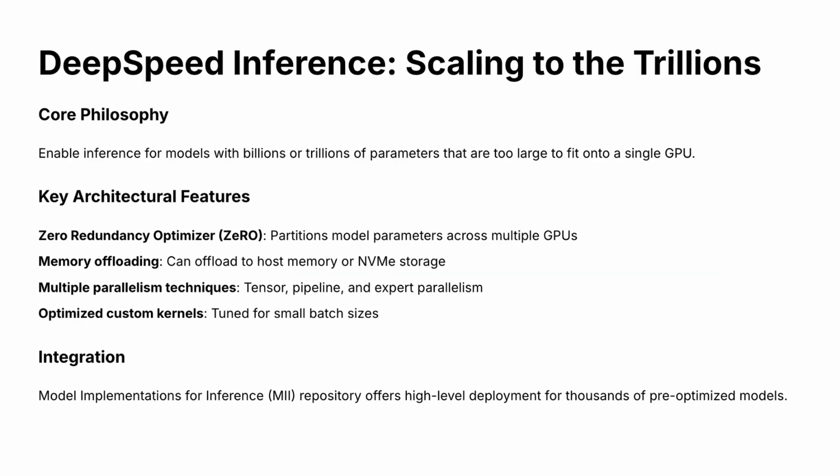DeepSpeed Inference is designed for one thing, serving massive models, those with billions or even trillions of parameters. At the heart of DeepSpeed Inference is ZeRO, or Zero Redundancy Optimizer. So ZeRO partitions model weights and states across multiple GPUs, so each device only holds a slice of the full model. DeepSpeed also supports memory offloading, meaning it can push part of the model to host memory or even